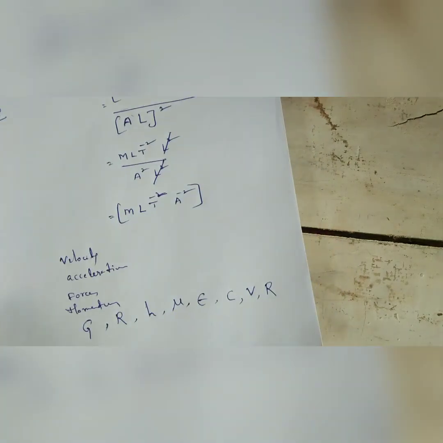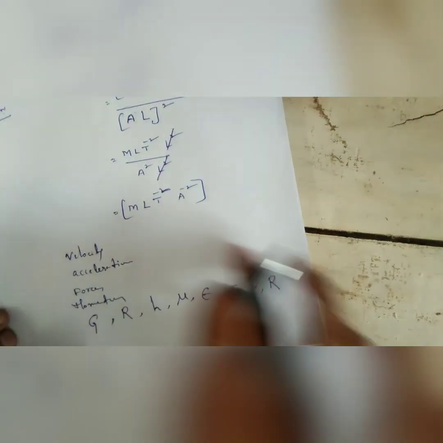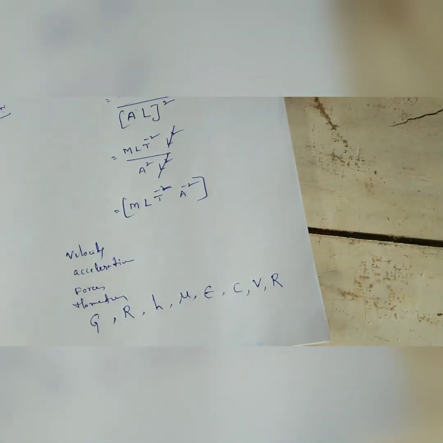If you know at least these physical quantities and their dimensional formulae, then it is easy to perform any concept in units and measurements. And one more model I am taking, which was also given in the NEET